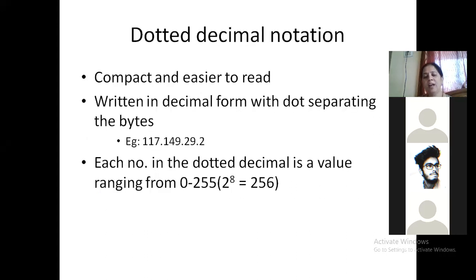Now, every IP address that we have makes use of dotted decimal notation. What is dotted decimal notation? You people must have seen an IP address, something like 128.220.11.2. You must have seen it. So this IP address is a hierarchical address. Now, what do we mean by the word hierarchical address? I'll tell you with reference to a general address and also an IP address.